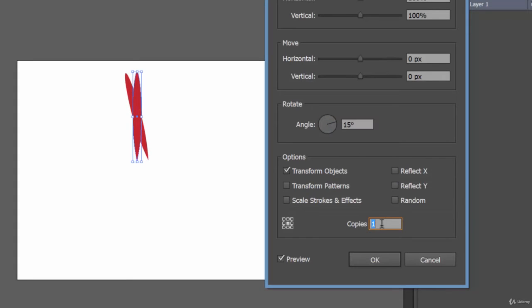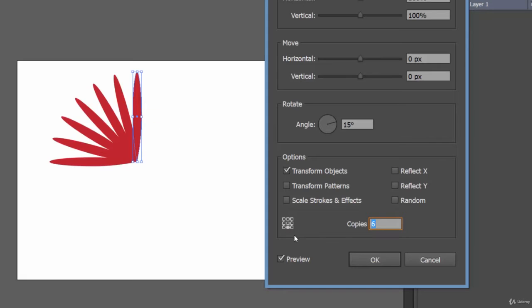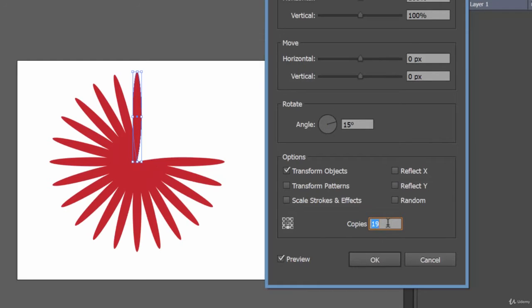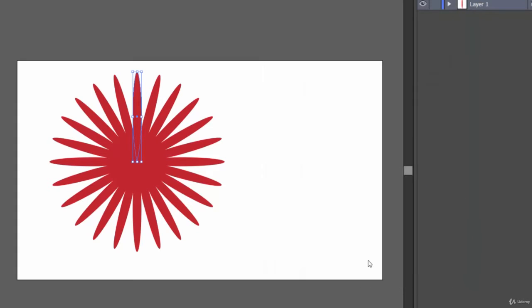Let's make a few copies of this, but we want the key point to be the bottom one. This is the one. So let's increase the number of copies. That's cool, right? Now let's click on OK.